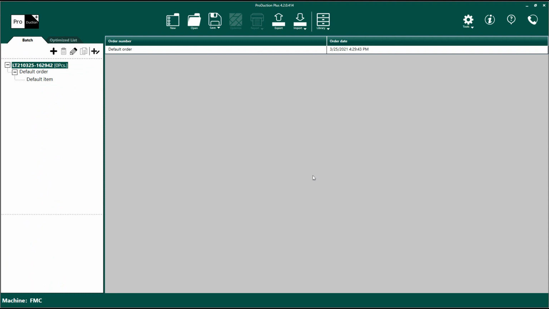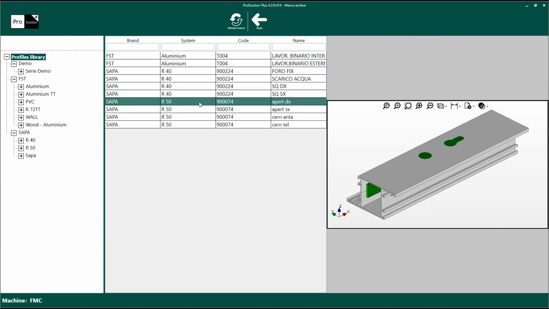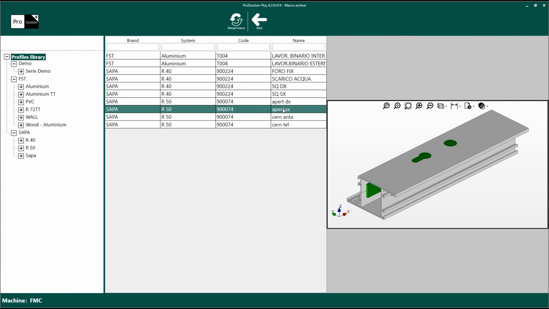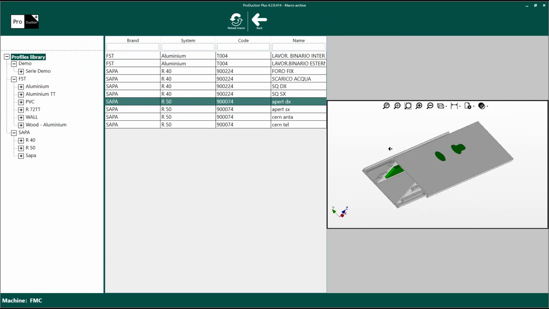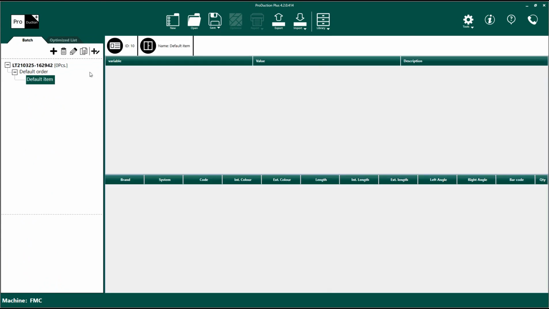If I'm using a CNC machine, Production Plus is able to read all the macros created on the machine. By selecting Library and opening Macro Archive, I can see all the macros created on the machine. Of course, I can insert all these macros inside my list, linked to the pieces. For example, for this piece, I created two macros for the lock. So, if I create a list with this piece,